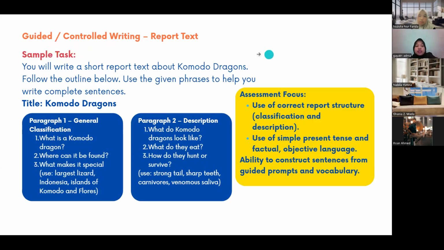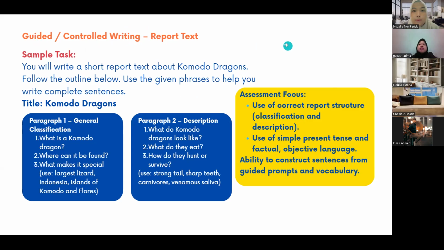We can ask our students to write a short report text about Komodo dragons. I choose the Komodo dragon here because the Komodo is one of the famous animals in Indonesia, and I think it's relevant to the Indonesian context. And we ask our students to follow the outline below to help them write in complete sentences. Like guided or controlled writing, we help our students step by step to write, and it's suitable